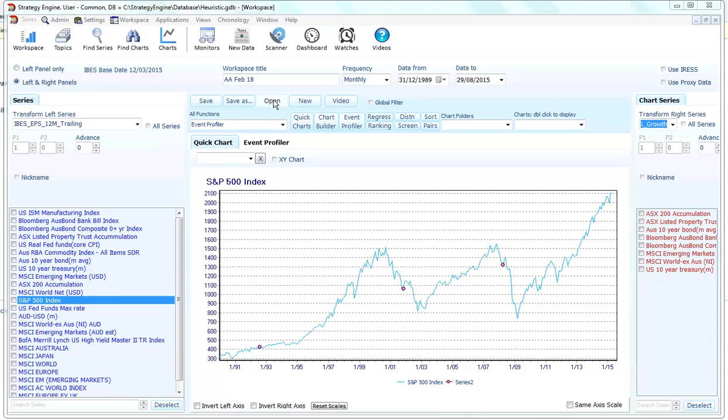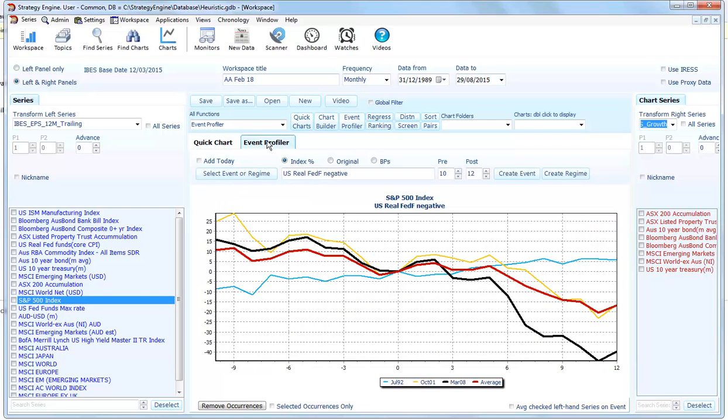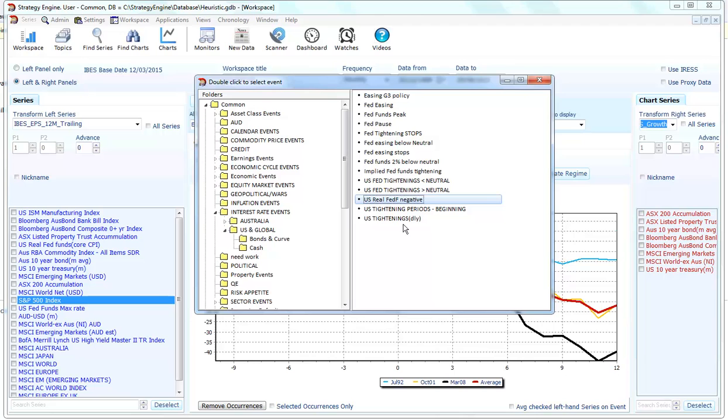The Strategy Engine's Event Profiler allows you to look at an index or a market, sectors, stocks, pre and post occurrences of a particular event. I'm looking at the S&P 500, and I'm going to now choose Event Profiler from the drop down and select Event Profiler. The event I wish to look at is Fed tightening, but while we're here we can see that there's a whole range of events: calendar events, credit events, earnings cycles, geopolitical, so on and so forth,